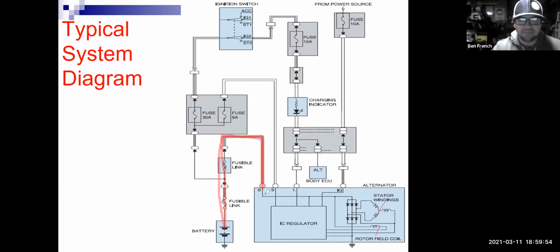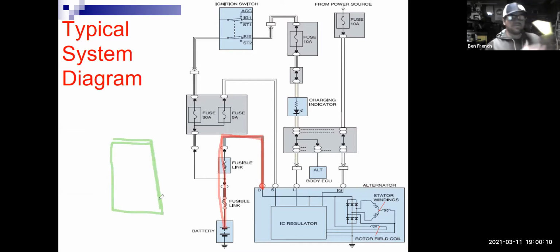So I'm going to find that big charge wire coming off the back of the alternator. This one has a B next to it, okay? And I would take my meter. I'm going to draw this green meter, our performance tool meter or whatever. I would take the positive lead of that and hook the positive lead right to this charge wire here. So I'm going to set the meter itself, I'm going to set its reading to